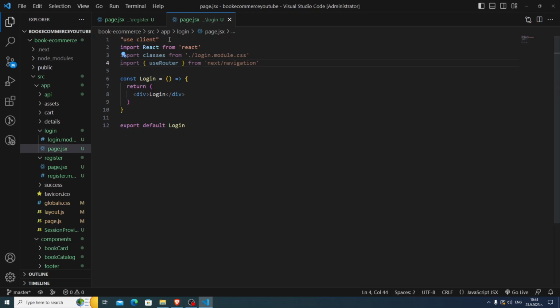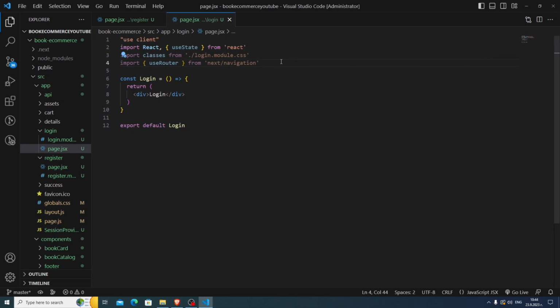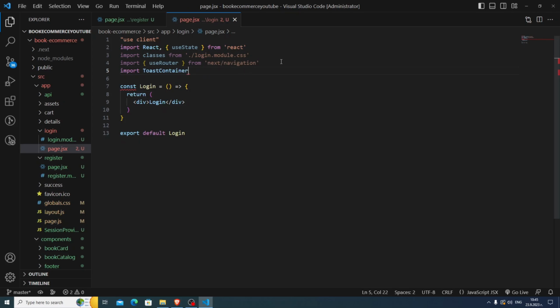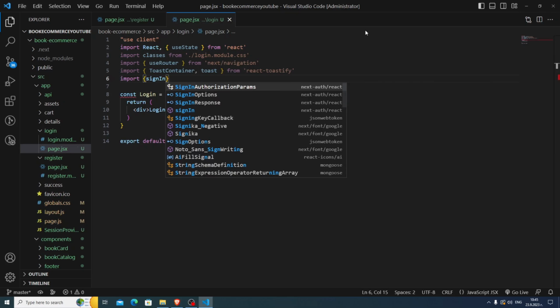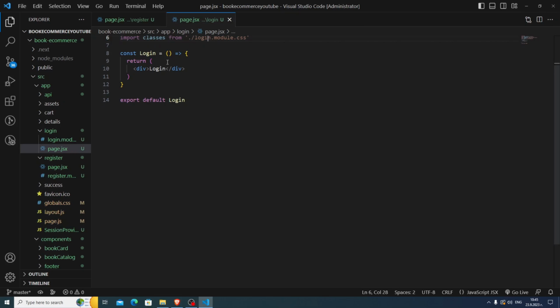Then I'm going to import the useState. Nice. After the useState, I want to have the import ToastContainer, and the toast like this. Then I want to have import signIn from next-auth/react like this. And then for the login here, I want to have className classes.container,